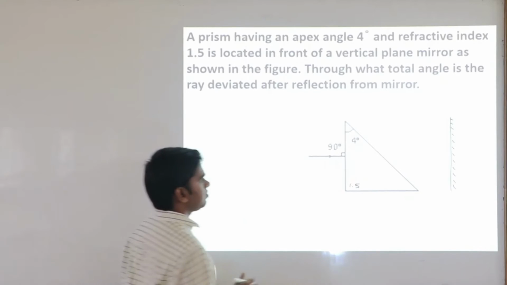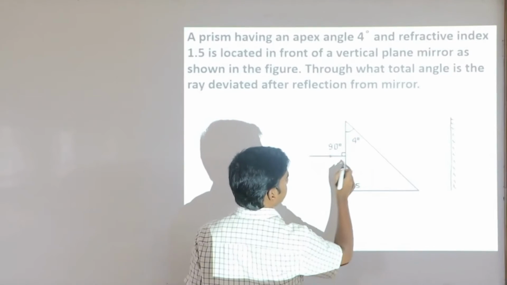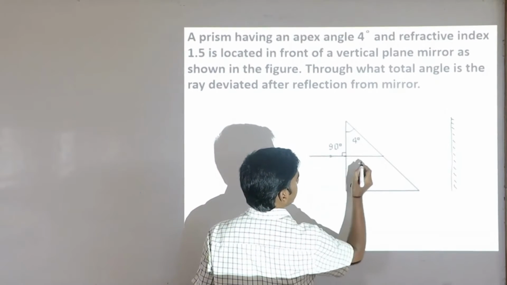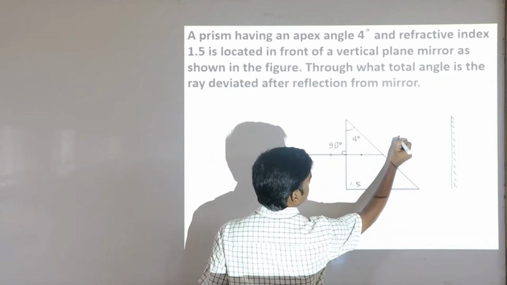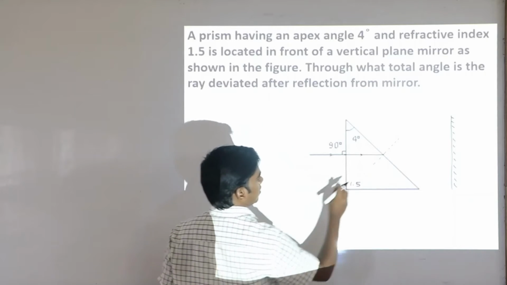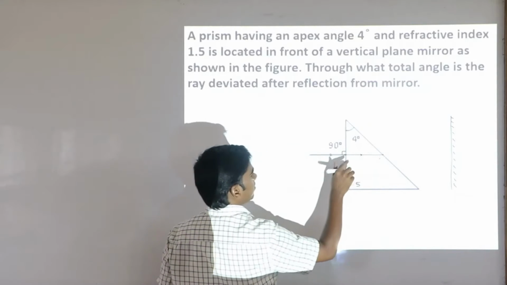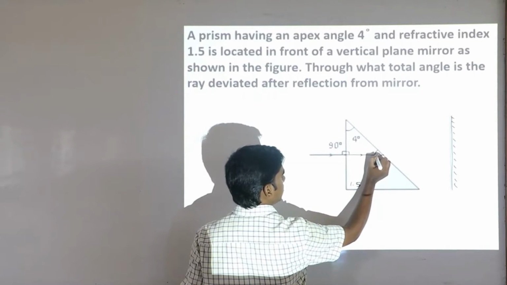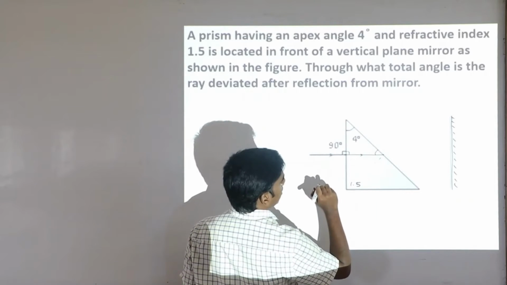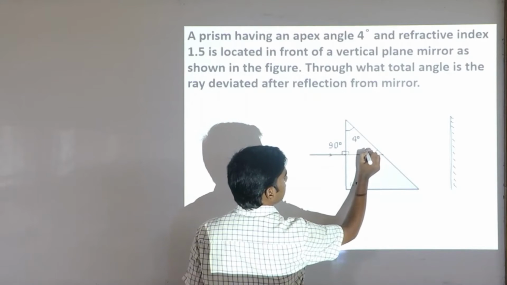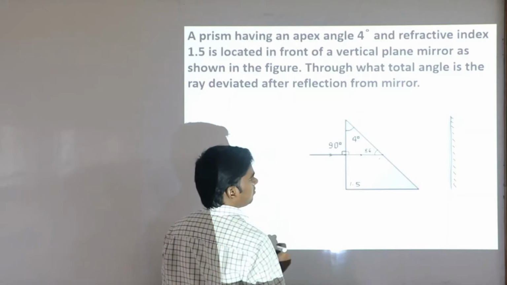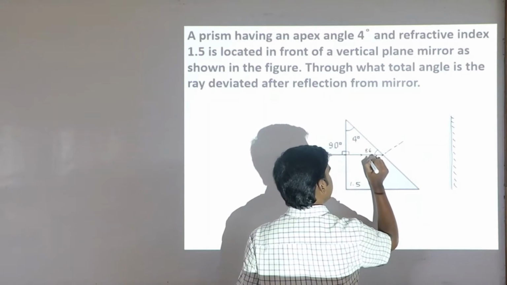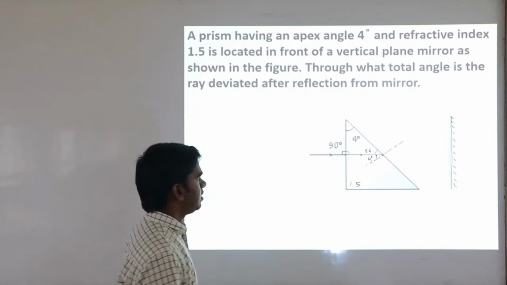Okay. Now first we will do the refraction over here. So this is perpendicular, meaning without deviation it will go, so it will come in. Okay. So now this is going to be the normal. So we should draw it properly. See here. This is 90 degrees and this is 4 degrees. So what angle is this going to be? This is going to be around 86 degrees. Okay. So if that is 86 degrees, what is the angle of incidence? So the angle of incidence here is going to be 4 degrees.